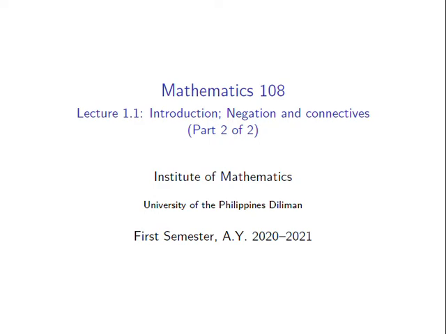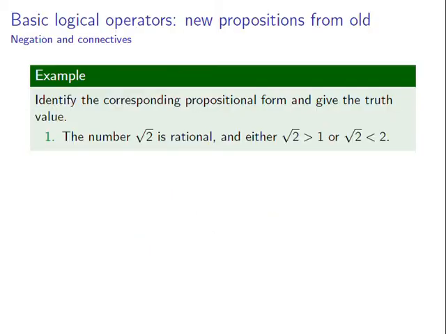This is part 2 of lecture 1.1 of Math 108, Introduction to Logic and Negations and Connectives. In this video, we will give more examples of propositional forms involving the negation, disjunction, and conjunction operators. For each of the following propositions, we are to identify the underlying propositional form and give the truth value of